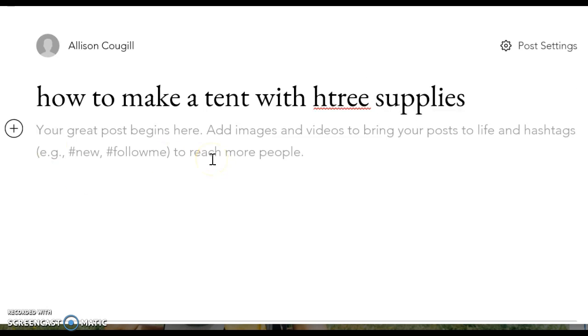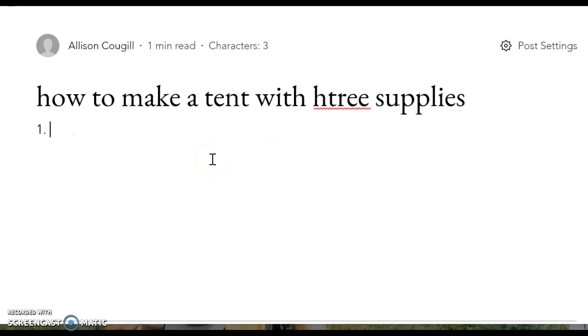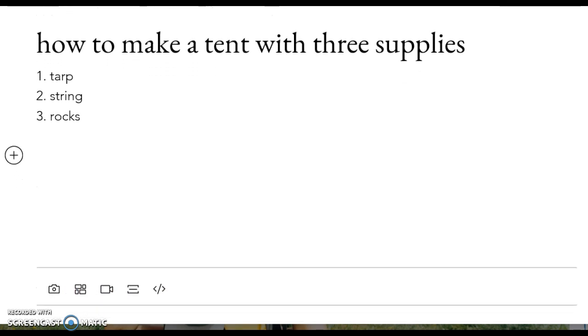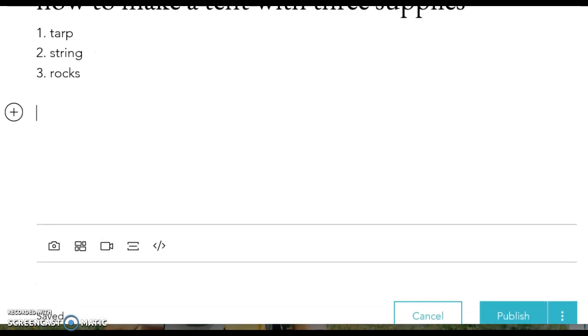And I would then list the supplies, let's say a tarp, string, oh my goodness, my spelling. And then I go on to describe how to complete this project, and let's say I want to embed a